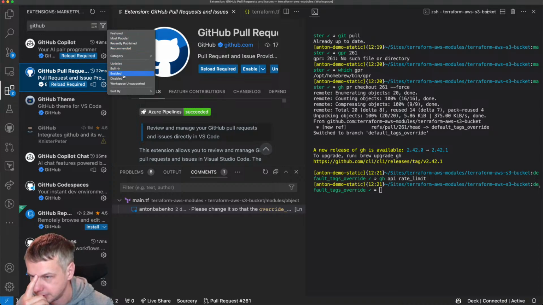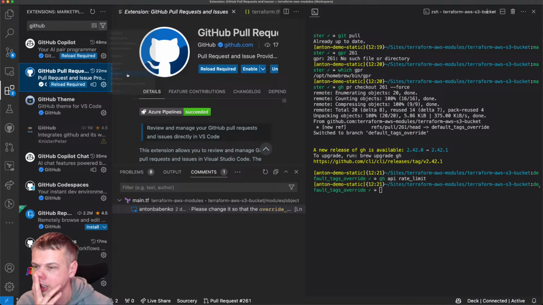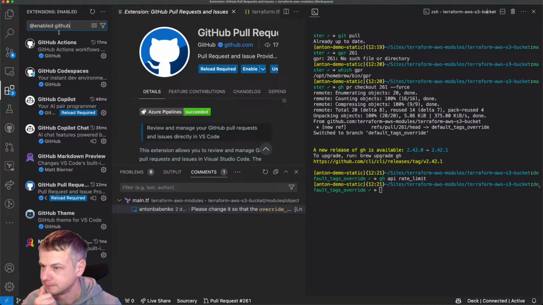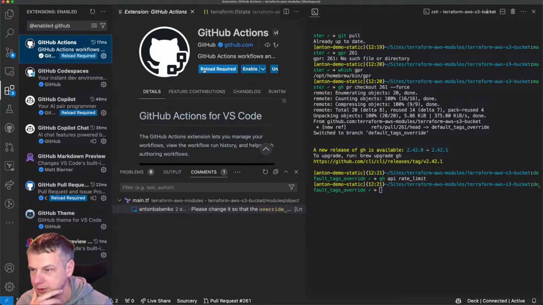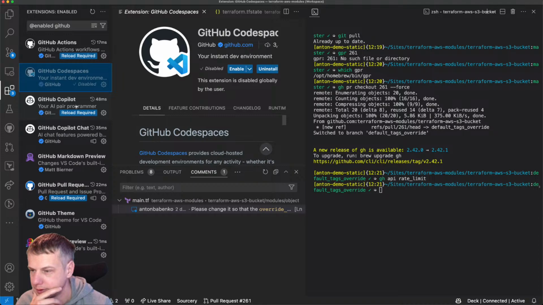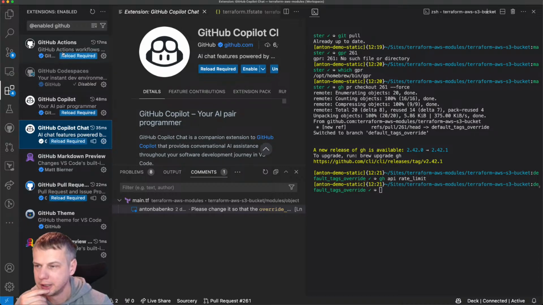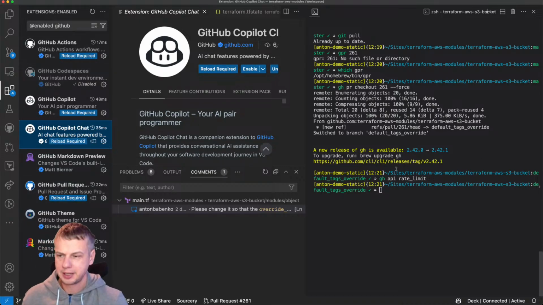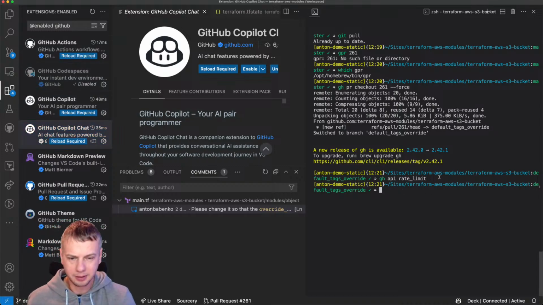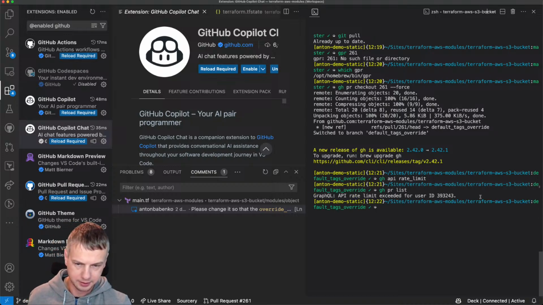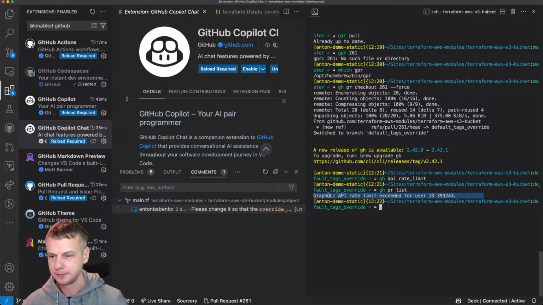Let's see, where is this? Installed, enabled, GitHub. Okay, GitHub Actions, Codespaces. So I don't need any of those. But at the same time, I don't have quota anymore, so I will not be able to run anything like the pull request list because it says that the GraphQL API rate limit exceeded. Okay.